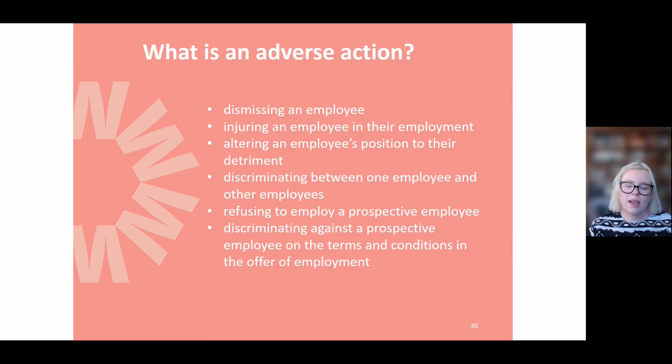So an adverse action is a negative consequence. It might be if a worker makes a complaint or raises an inquiry with you about their employment, like if they're getting paid at the correct rate, and you impact them in a negative way, like dismissing them or injuring them in their employment. That's a very legal way of saying making some adjustment to them that negatively affects their employment,